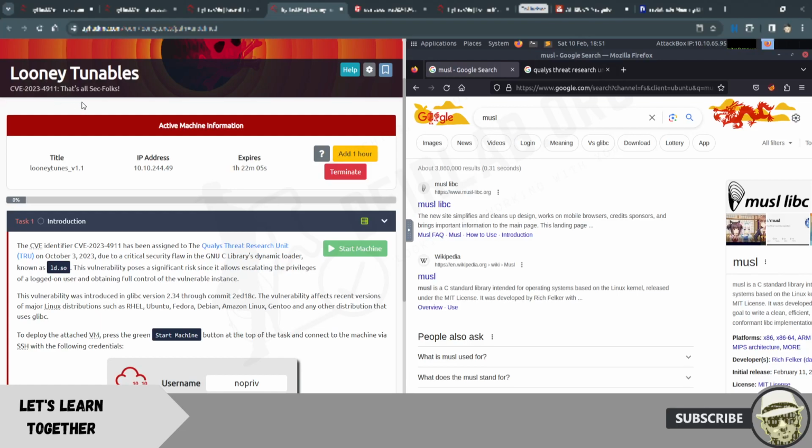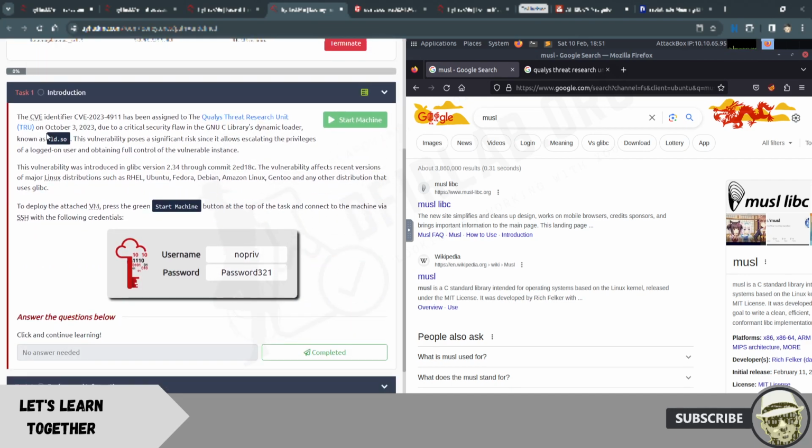New day, new room. Looney Tunables, CVE-2023-4911. That's all, sec folks. So let me see. This CVE identifier has been assigned by the Qualys Threat Research Unit (TRU) in October 2023 due to a